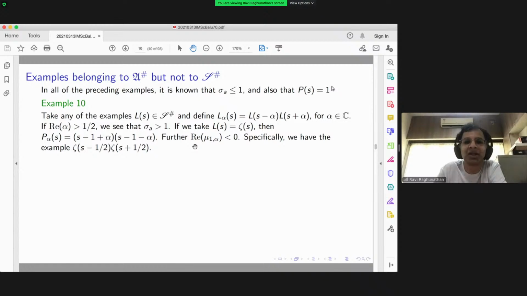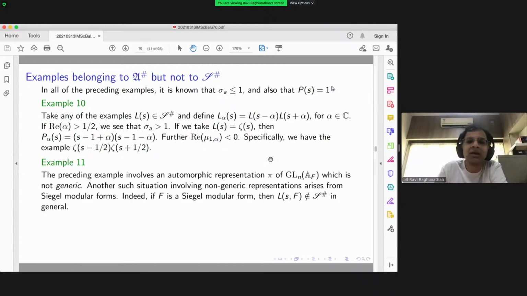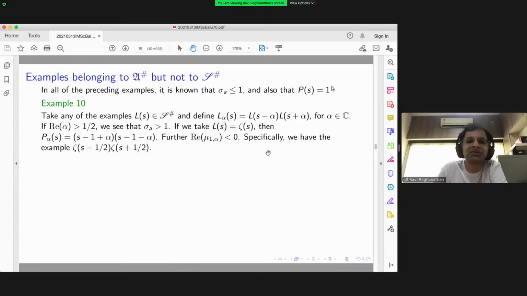So it's more complicated. And yeah, so clearly it cannot lie in the extended Selberg class when real alpha is relatively large. If you take this kind of L function, L(s minus alpha) times L(s plus alpha), you have elements in A sharp, but not in S sharp. So not even conjecturally is this going to work. More equally natural examples, for example,